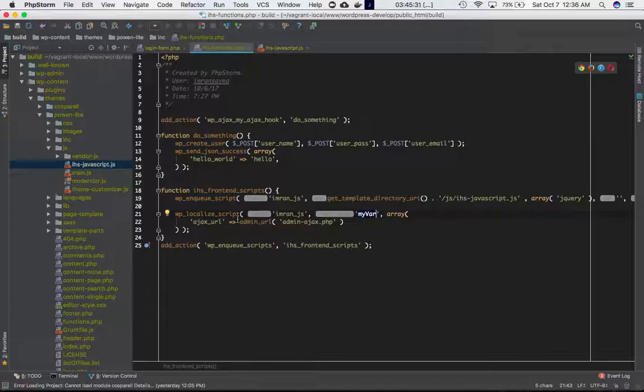So the moment you define this wp_localize_script function with the same handle name as what we have defined in wp_enqueue_script, it's going to create an object, and whatever values you pass inside this array, it's going to assign these as property and value pairs to this object. So this function basically will create an object called myvar, which will have a property name as ajaxurl